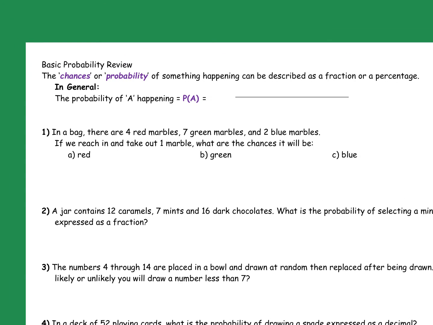The chances or probability of something happening can be described as a fraction or a percentage. So I can write it as a fraction, a percentage, or a decimal. And the probability of A happening is represented by P of A, and that equals the event I want happening